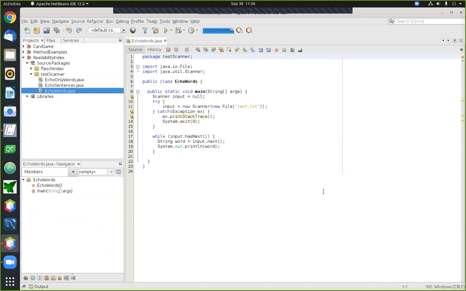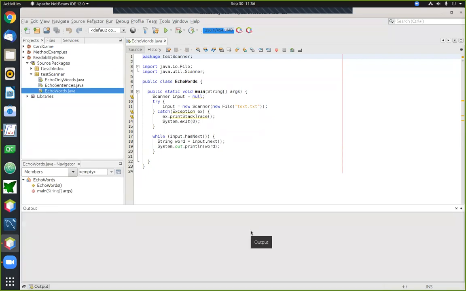So I'm going to start with this very simple program, which is meant to get a handle on this idea of how many words there are in a text. Now, what this first program is going to do is not count the words. We'll add that feature later. The only thing I want this first program to do is open up a file that has text in it and then try to read the individual words. As it reads the individual words, it will simply print those words out to the output pane down here at the bottom. So this will test whether our mechanics of reading one word at a time are working correctly.